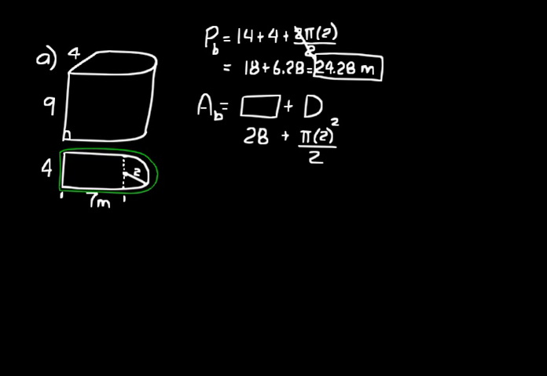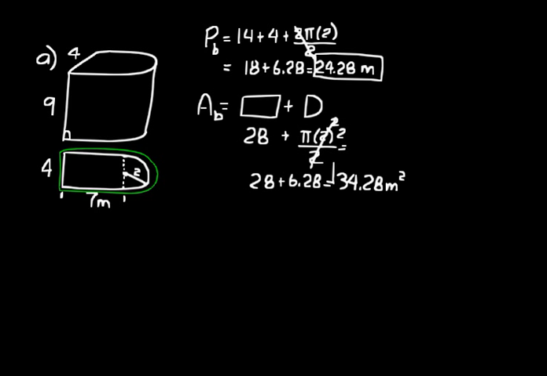And then since we have 2 squared over 2, that's just the same thing as times 2. And so pi times 2 is equal to 6.28. And so then we end up with 34.28